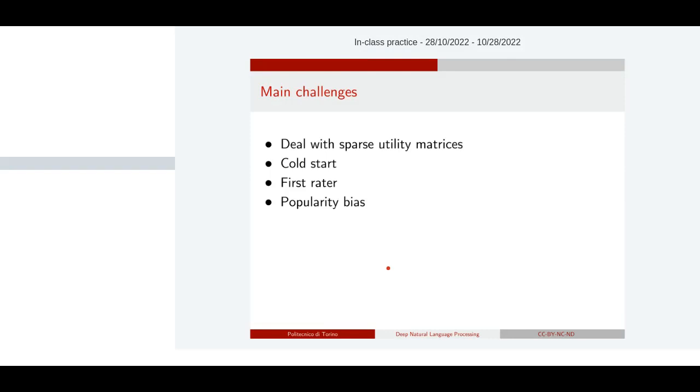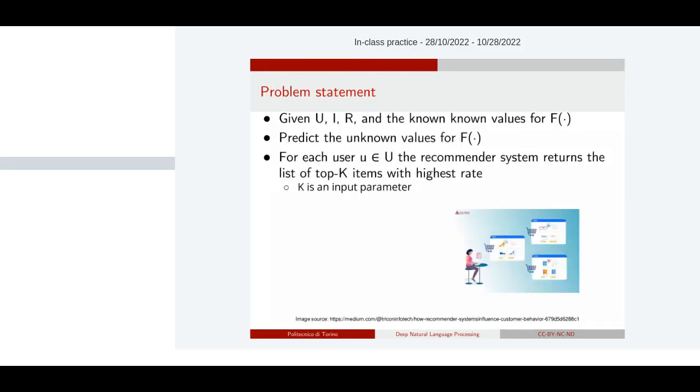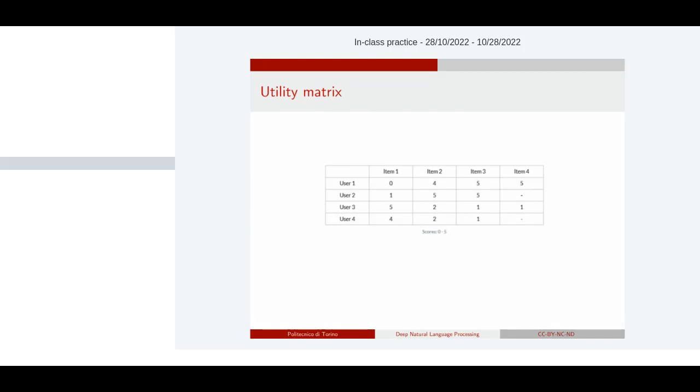By collecting the explicit feedback, or by extracting some implicit feedback, like, for example, the click rate or some other measurements related to the user activities, you can fill a matrix like this,